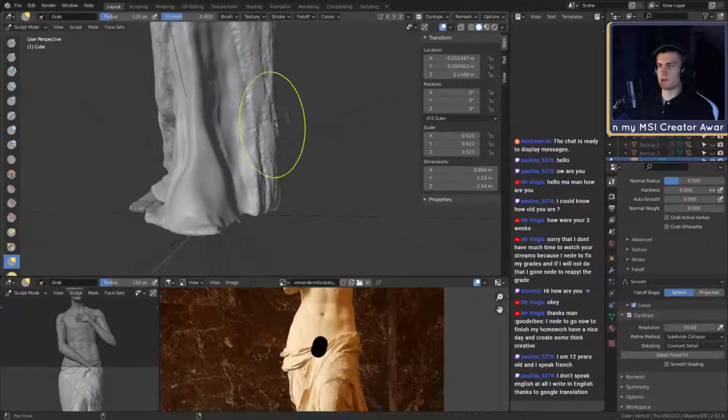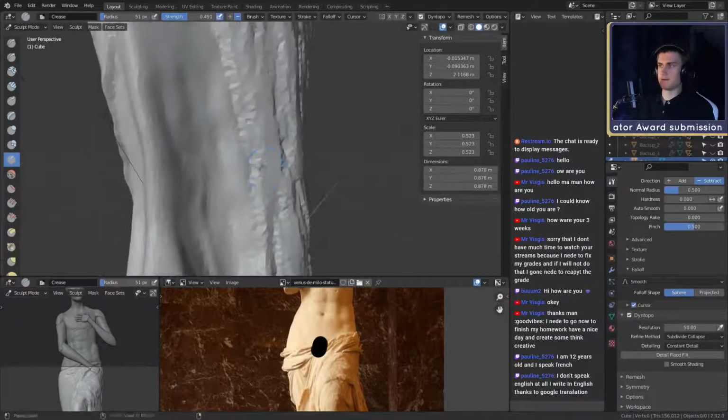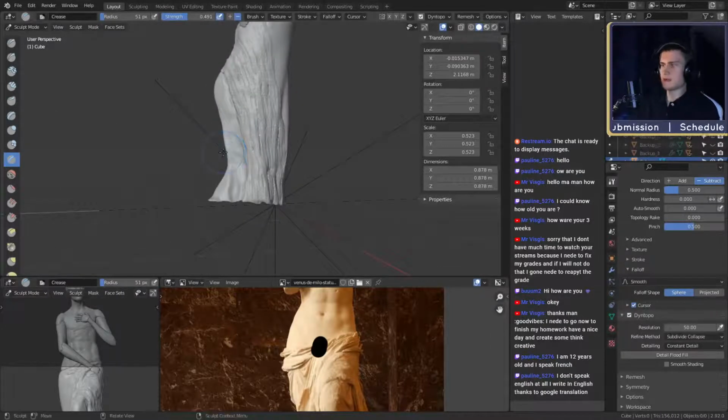Okay, we have a good layout. Let's bring in some more detail. I kind of want to have a side view from the other side. That's not really one that I have right now. Let's see if I can find one. First of all, before I do that though, time for a water break.